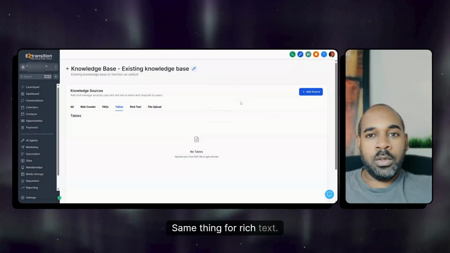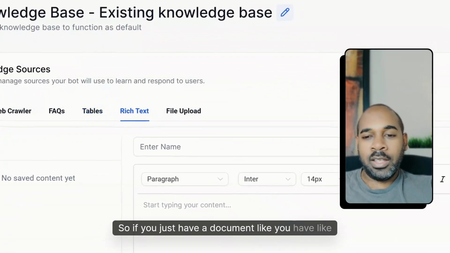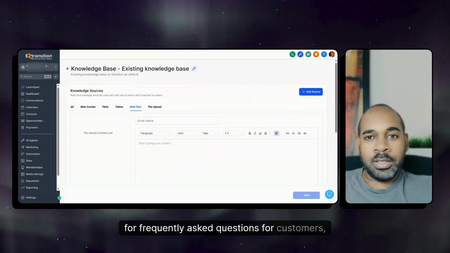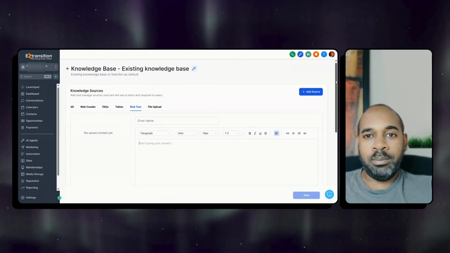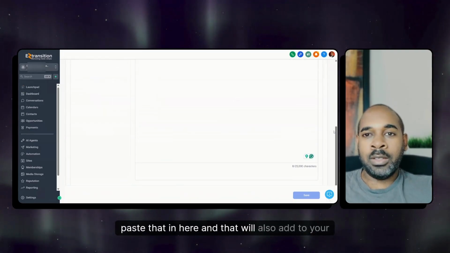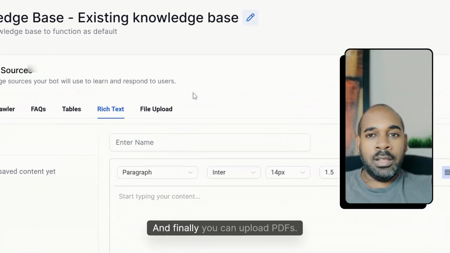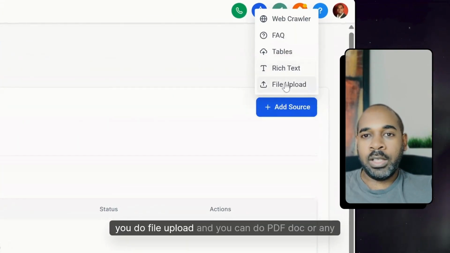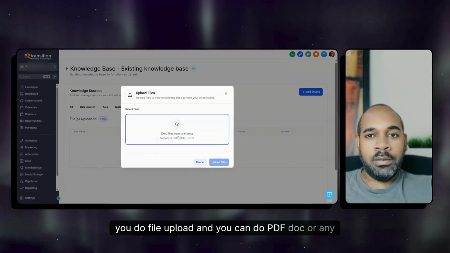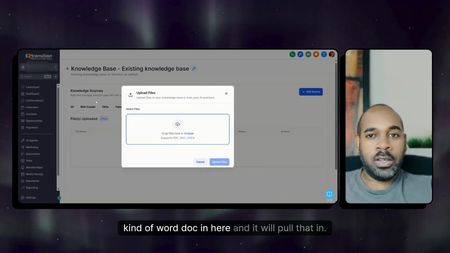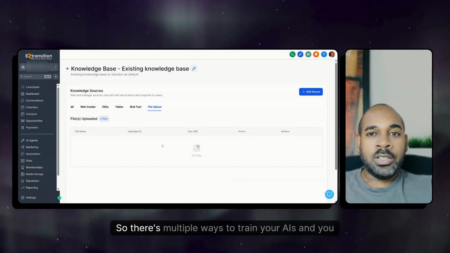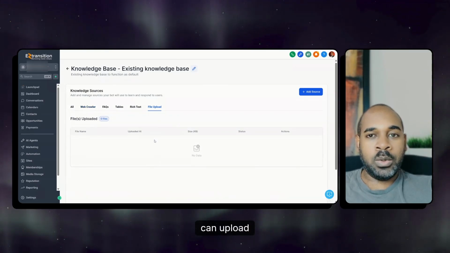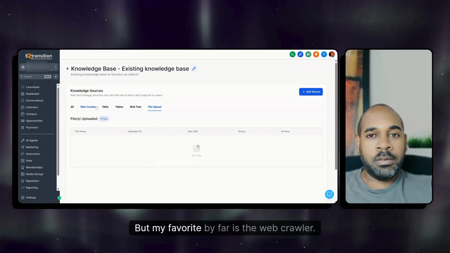Same thing for rich text. So if you just have a document, like you have like standard operating procedures, or frequently asked questions for customers, you can go ahead and just paste that in here, and that will also add to your knowledge base. And finally, you can upload PDFs. So if you have a PDF, you just go to add source and you do file upload, and you can do PDF, doc, or any kind of Word doc in here, and it will pull that in. So there's multiple ways to train your AIs, and you can upload multiple documents, but my favorite by far is